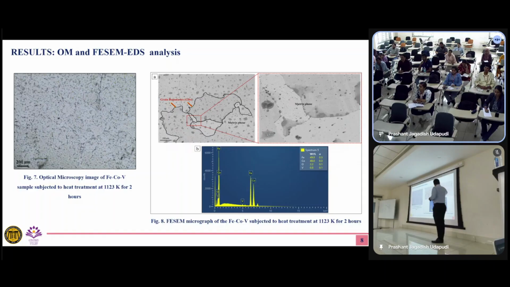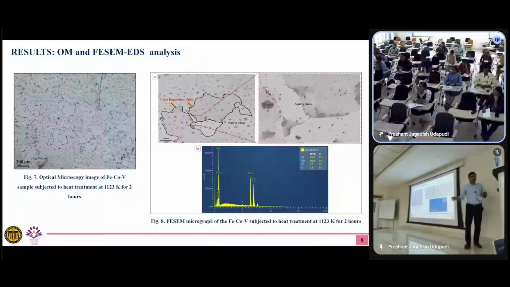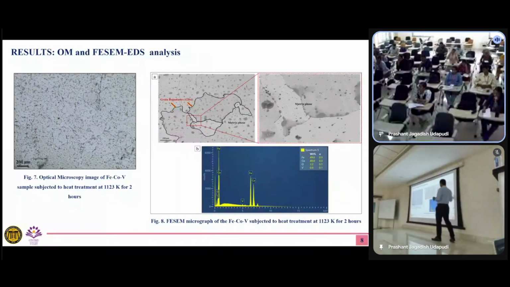I'm not sure whether this is optical or, okay, yeah. So this is SEM because you see the resolution, 100 micrometer. That's 200 micrometer, and we have multiple phases here. Multiple phases means you may have the same composition, but slightly different crystal structure, and that might show up as different phases. But we have the right crystal structure